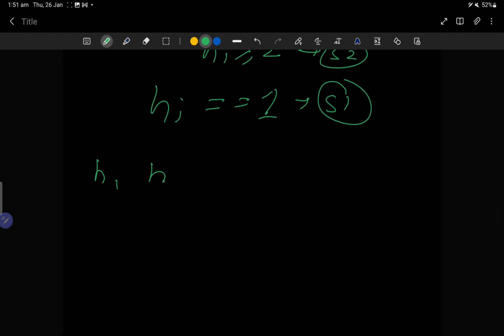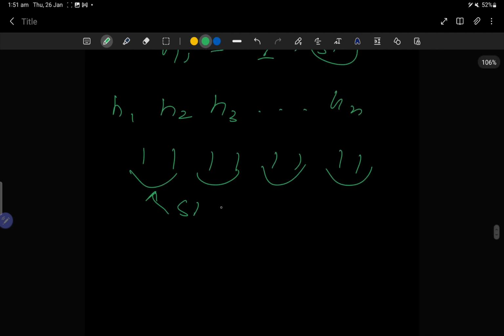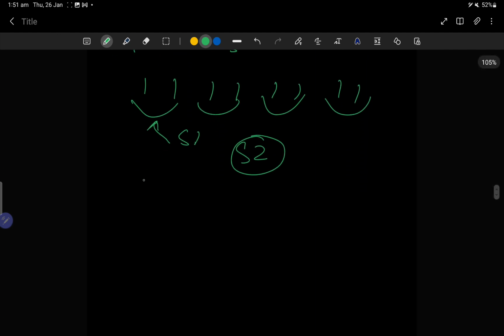If they have given you this array h1, h2, h3, ..., hn, what you can do is collect all the monsters with health 1 from that, make pairs of them, apply spell 1 on them, and apply spell 2 on the remaining. So here also we have 2 cases: if the monsters with health 1 are odd or even.